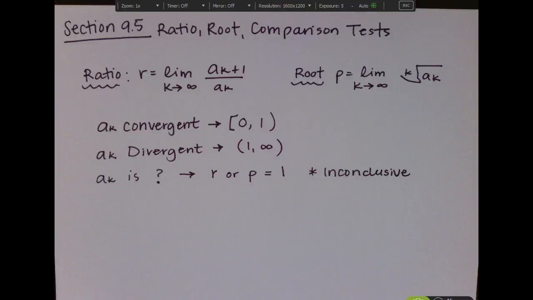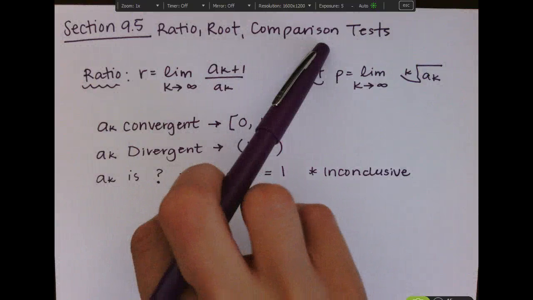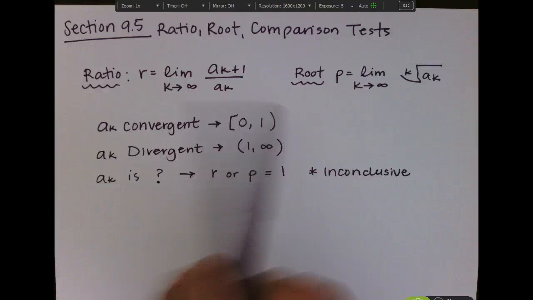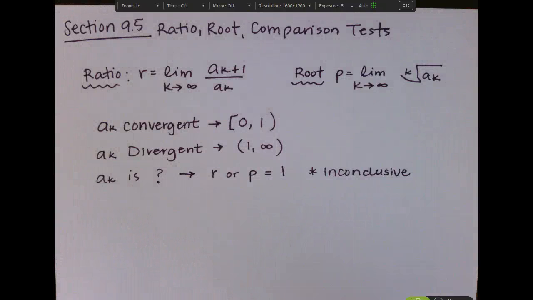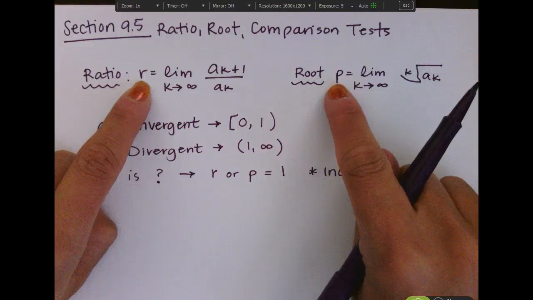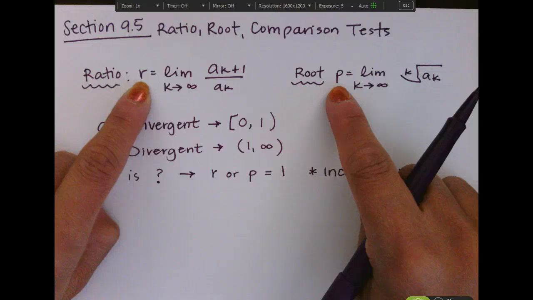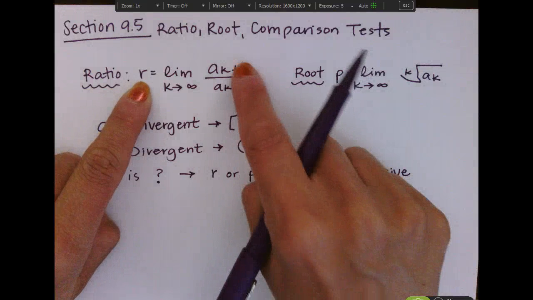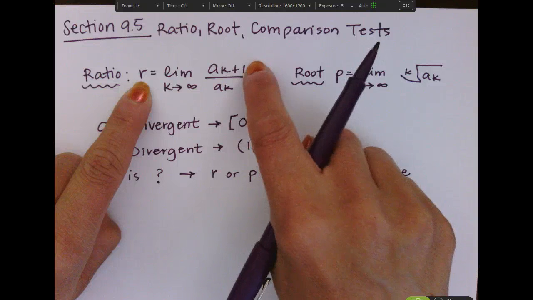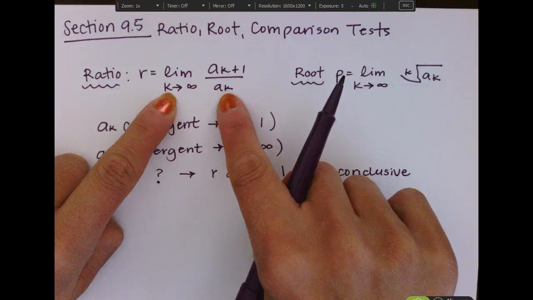In section 9.5, we are going to look at the ratio, the root, and the comparison tests. The ratio and the root test are similar. Each requires you to calculate a specific limit characterized by either R or P, where in the ratio test we are making a ratio of a term and its previous term and finding the limit of that ratio as k